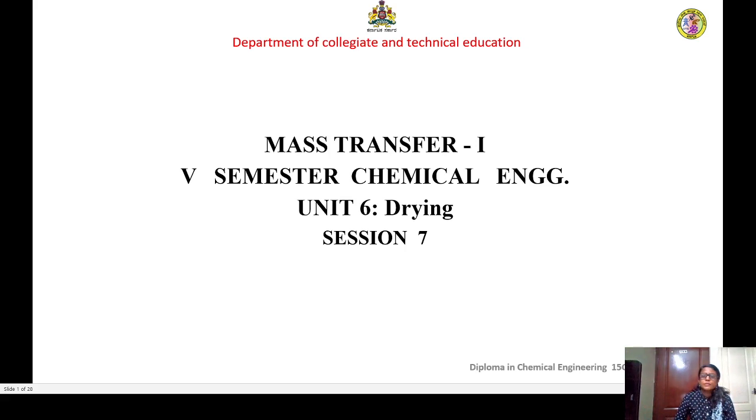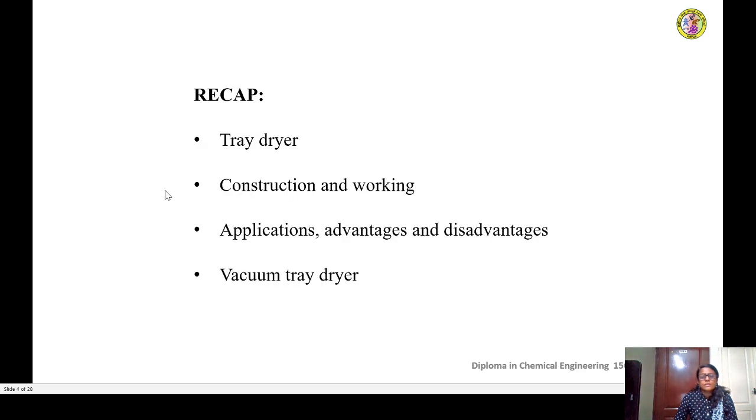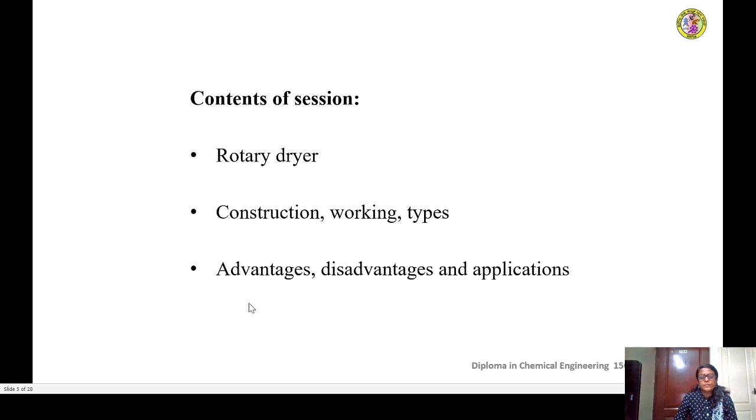Hello, welcome once again back to our discussion about drying operation under the course Mass Transfer 1. So this is our 7th class. In the 6th session, we studied about rotary dryer, its construction, working, applications, advantages and disadvantages. And we also learned what is meant by a vacuum tray dryer. So today's class, let us take up the rotary dryer to understand its construction, working types,